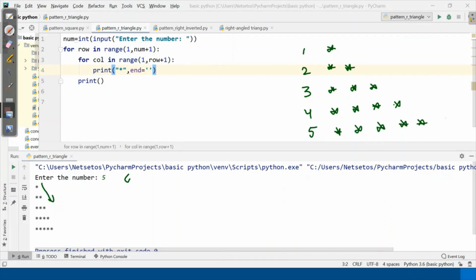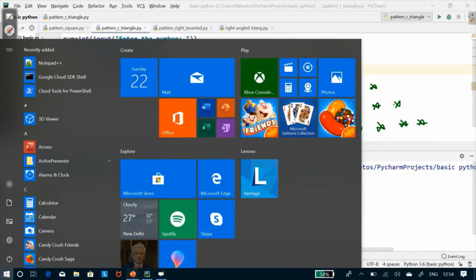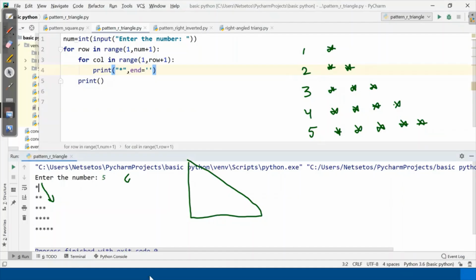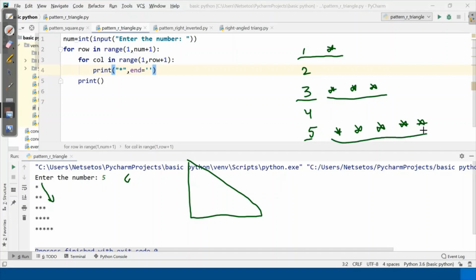Now what I want is this kind of star pattern. So what can I do here? Now if I remove the second and fourth, what I get is in 1 it is 1 star, in 3 3 stars, in 5 5 stars.